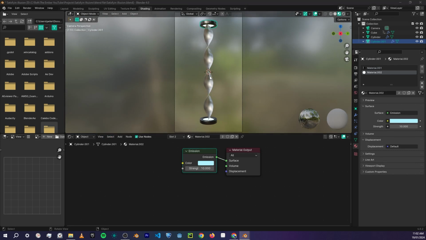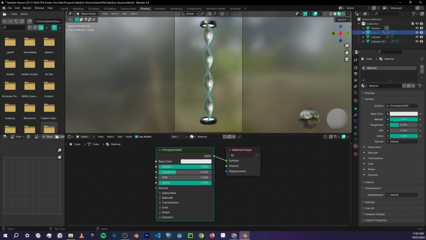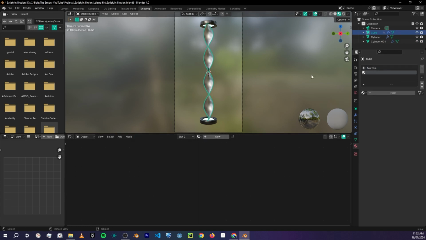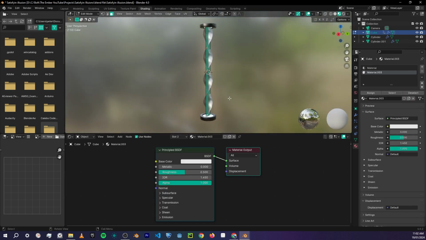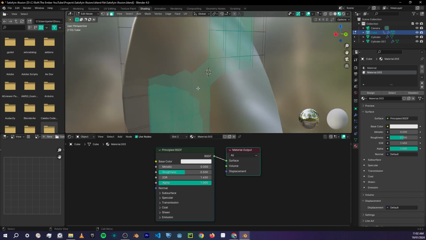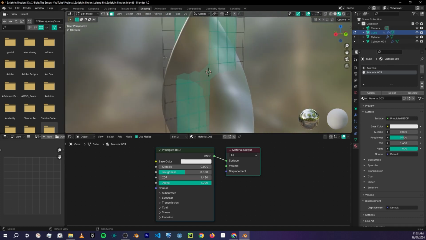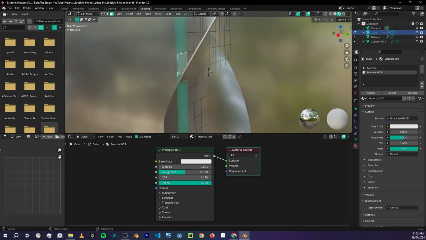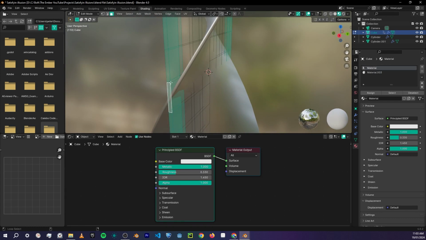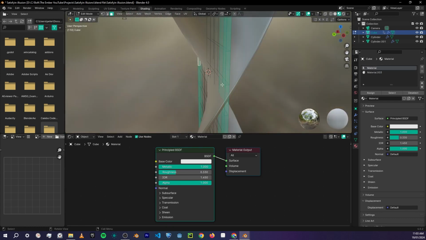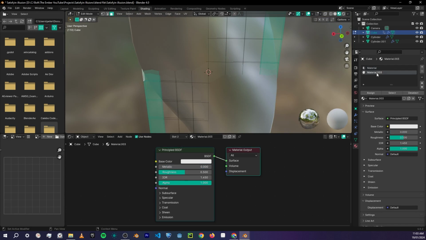Okay, so for the edges of this object, I basically did the same thing we just did with the emission. I'm going to just make a new material, tab into edit mode, zoom in a bit. We can just hold down Alt and select this row like this, then Shift Alt for the other one. And we want the edges as well, so hold down Shift Alt, and that's good. Now we're going to select this second material, click assign,